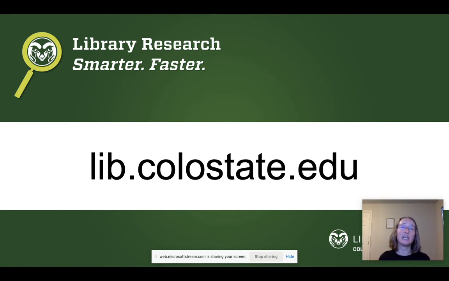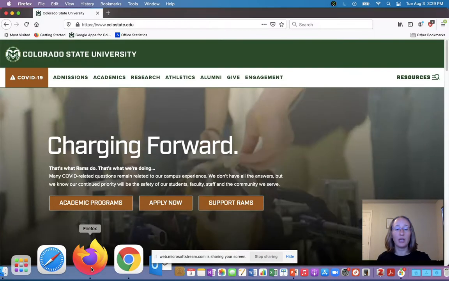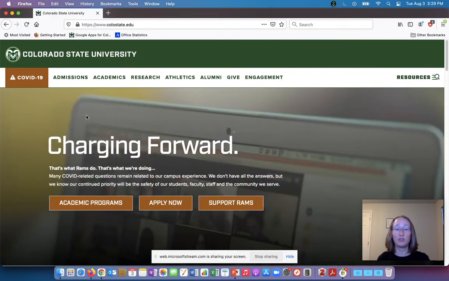The library's website is lib.colostate.edu, and this is a really important site to know about because it has a lot of materials that you're probably going to use in your classes. Things like course reserves, finding books and articles, reserving study rooms, lots and lots of different things. So it's a good idea to bookmark this site, and I'm going to show you some ways that you can access it. So with that said, I'm going to go ahead and go to a browser, and this is just